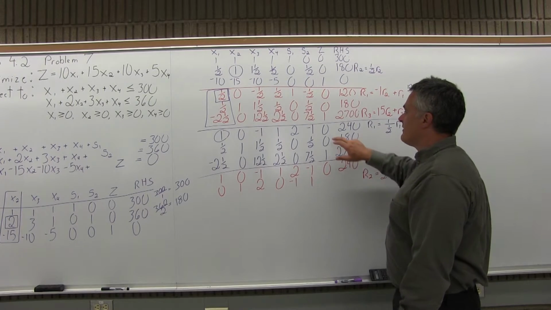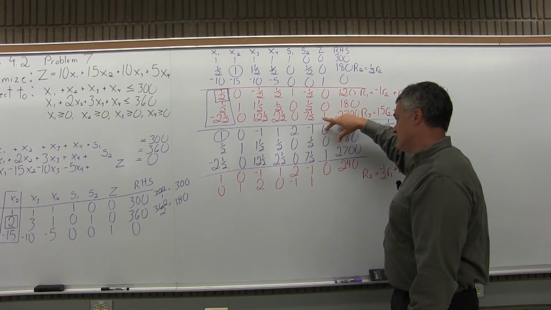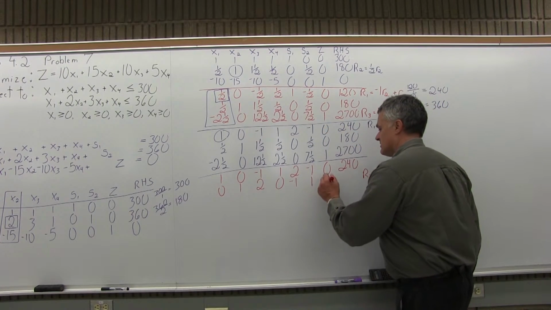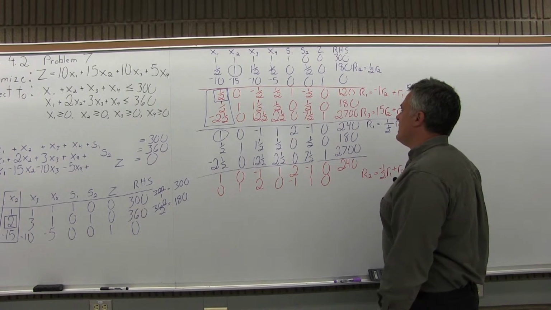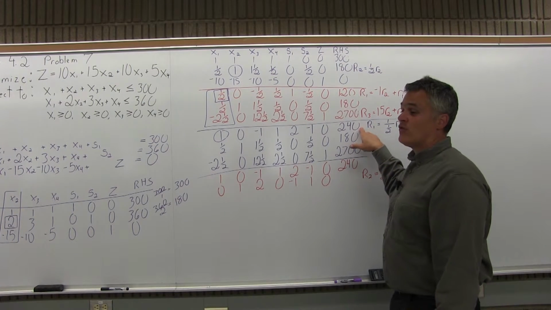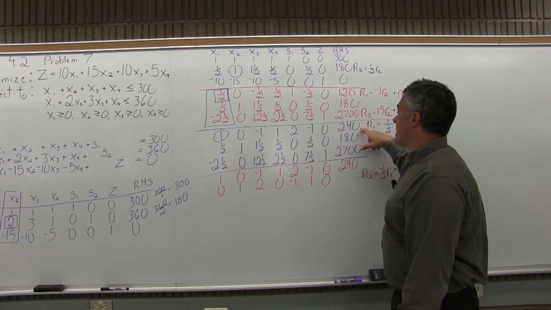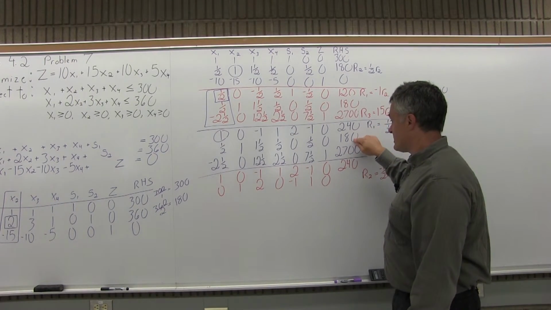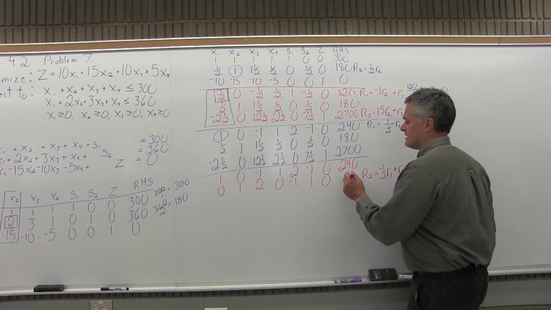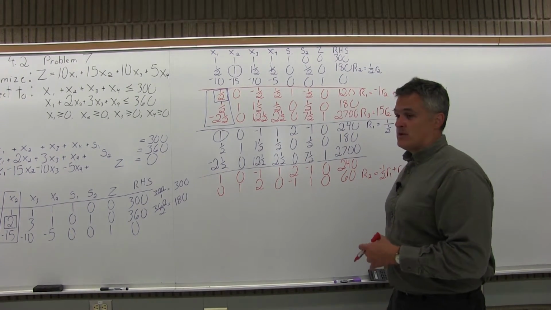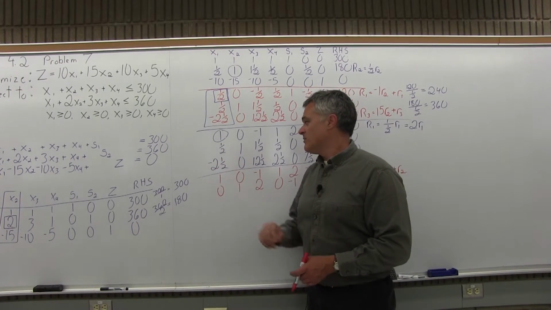In the Z column, negative 1/2 times row 1 is negative 1/2 times 0. Add that 0 to what's in row 2. So you're going to do 0 plus 0. It's an answer of 0. And finally, in the RHS column, negative 1/2 times what's in row 1 is negative 1/2 times 240. So negative 1/2 times 240 is negative 120. And add that negative 120 to what's in row 2. So you're going to add negative 120 plus 180 is positive 60. So that completes one of my rows, one of my zeros that I need to make to finish pivoting my